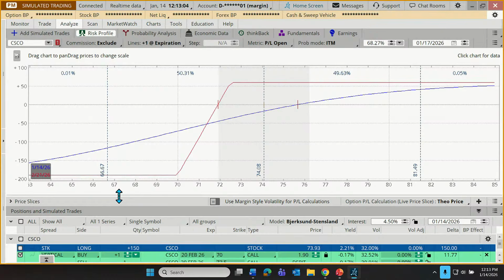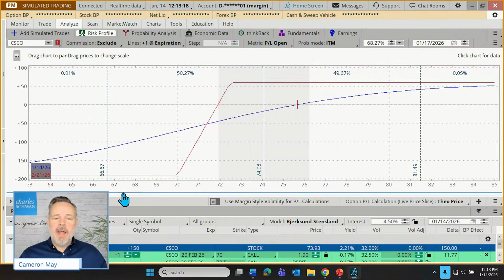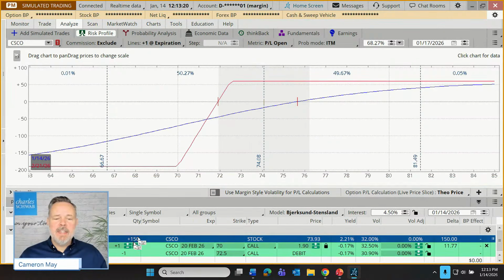Now, and by the way, I'm going to click on this right at the margin between our chart or our grid and the tools down at the bottom. We can click on that. As we hover over it, we'll see double-headed arrows. We can click on that and drag that up. It just allows us to see more down at the bottom at the expense of kind of squishing the chart a little bit, all right?